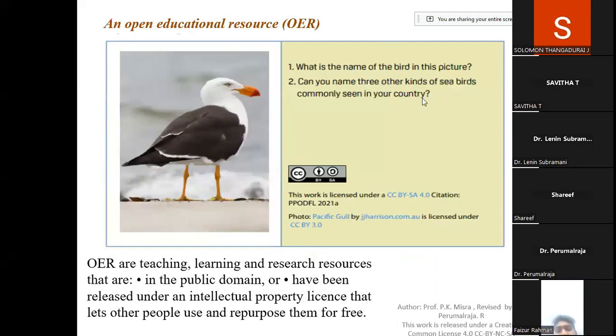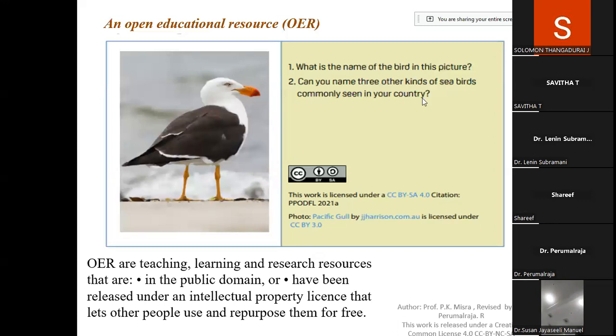And see, in this picture, it is an open educational resource, because they have created a license. You can see under the board there is the term: the work is licensed under CC BY-SA, for citation, and that number was given. So this will be considered an open educational resource. The term CC means a Creative Commons license has been given. Then it will be considered an open educational resource, unless otherwise it is a copyrighted one.